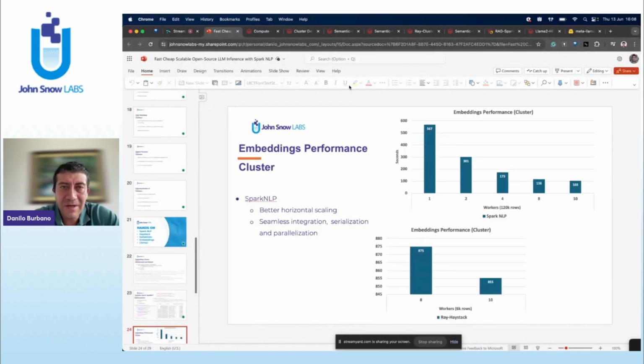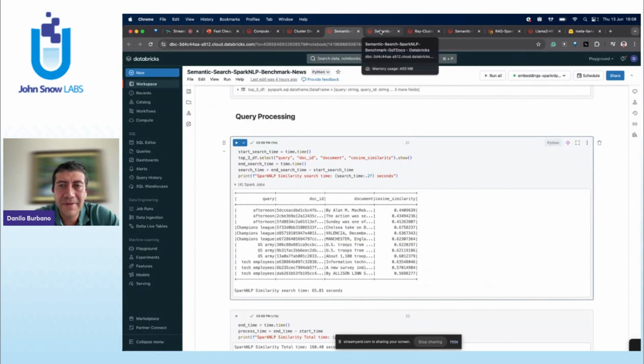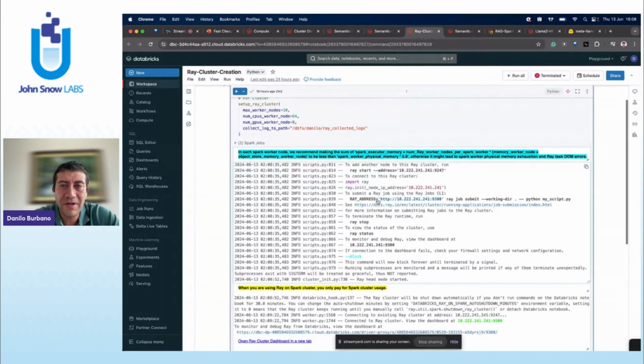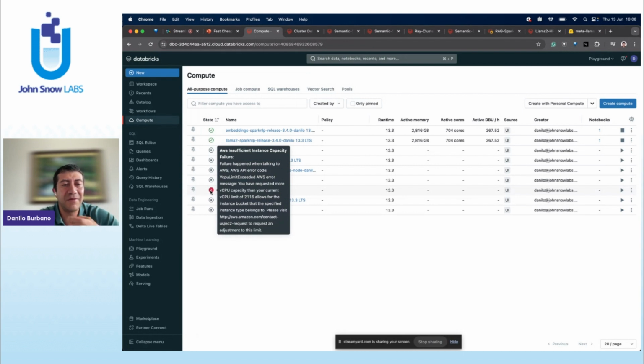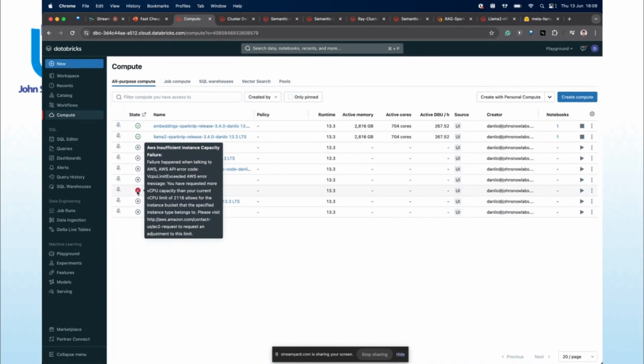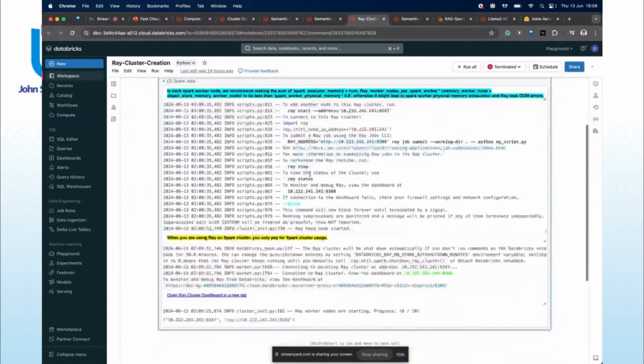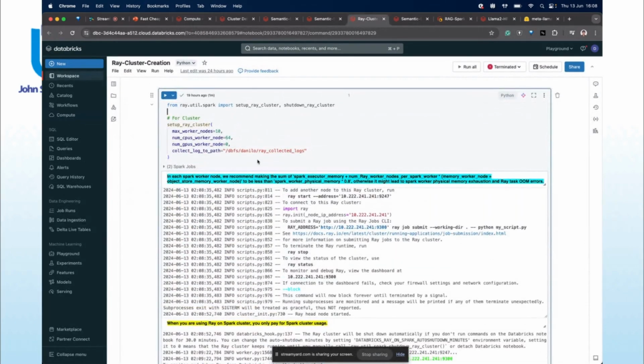Before going forward, I would like to also show you the notebook with Ray. Unfortunately, I couldn't run this at runtime when making the presentation because I have limitations. We have insufficient instance capacity. I cannot run more than the CPUs that I already have. But I keep here the output so you can see. For Ray,